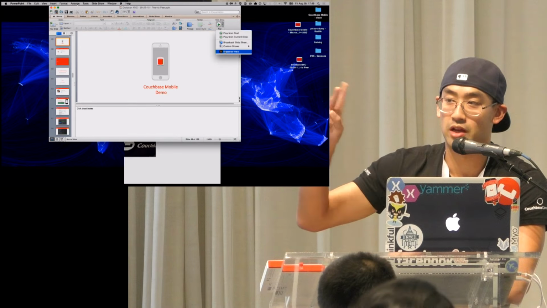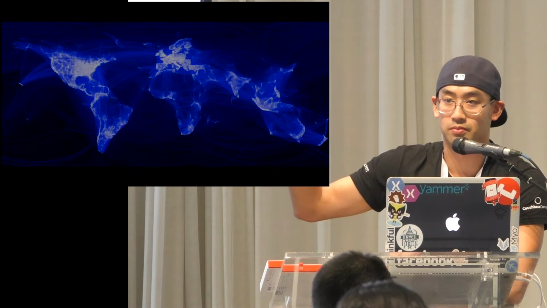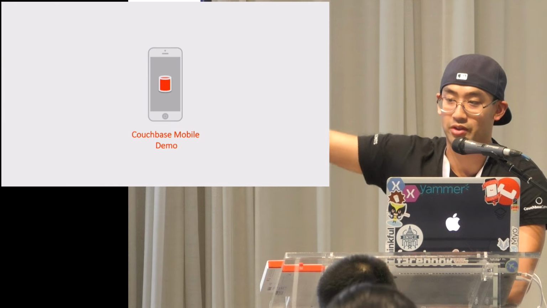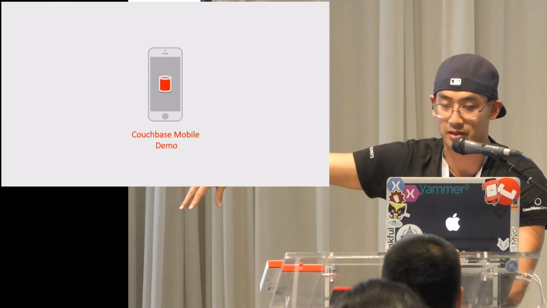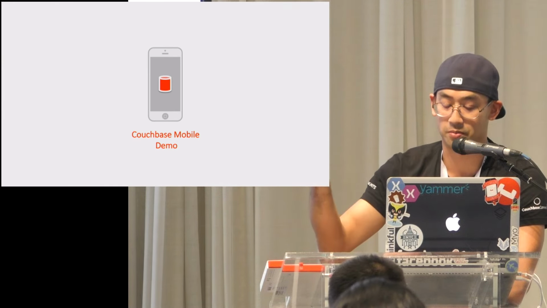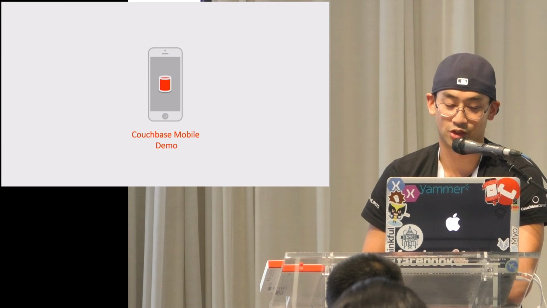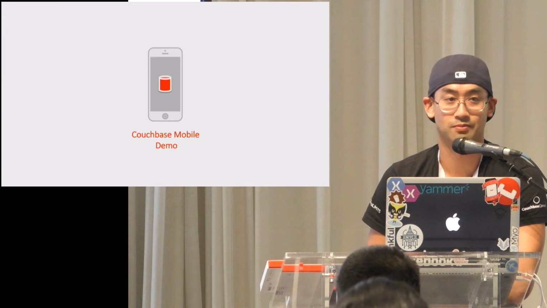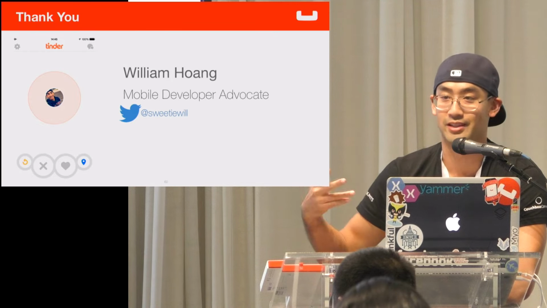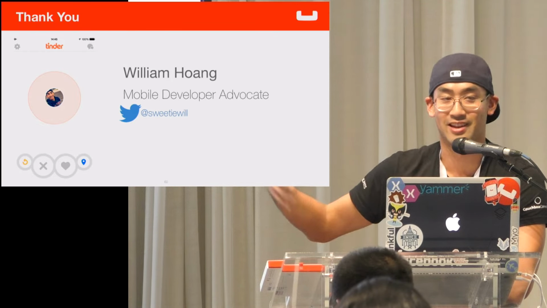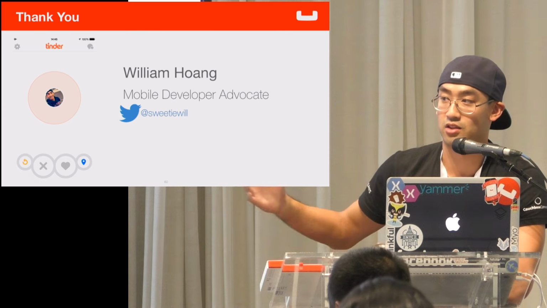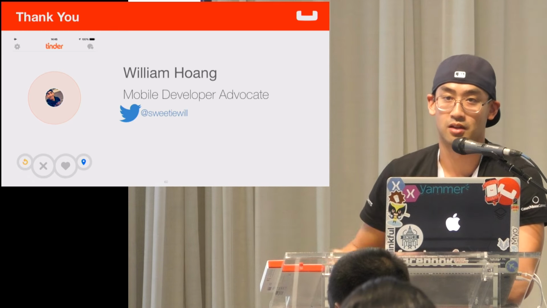So you guys saw two demos, right? You saw a device going to a server, Couchbase Server, pushing down back to the device, and you saw peer-to-peer. All this tech stuff, what does it translate to? So all jokes aside, this means you can Tinder offline. Think about it. You don't need a Wi-Fi connection. You can download pictures. Anything operates offline, right?